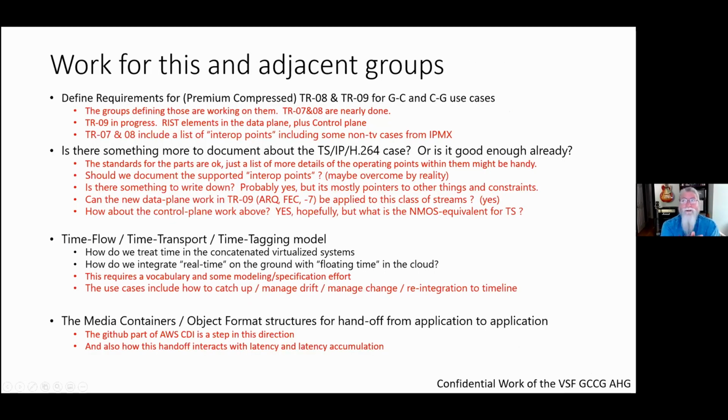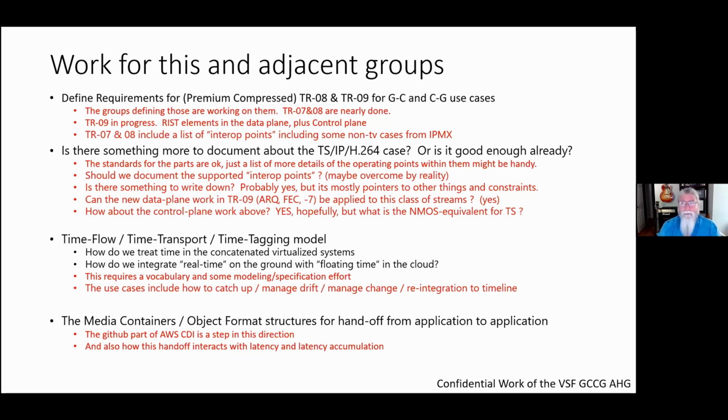Now, we did, of course, document some work for adjacent groups. So the requirements for the compressed ground to cloud and cloud to ground cases largely went off to TR-09 and TR-08, and they've turned into some work there. And those documents include interop points and so forth. For the middle case, the transport stream IP H.264 case, that case is in active use today, but there's not a lot of commonality, or any commonality to my knowledge, of the control plane of it.